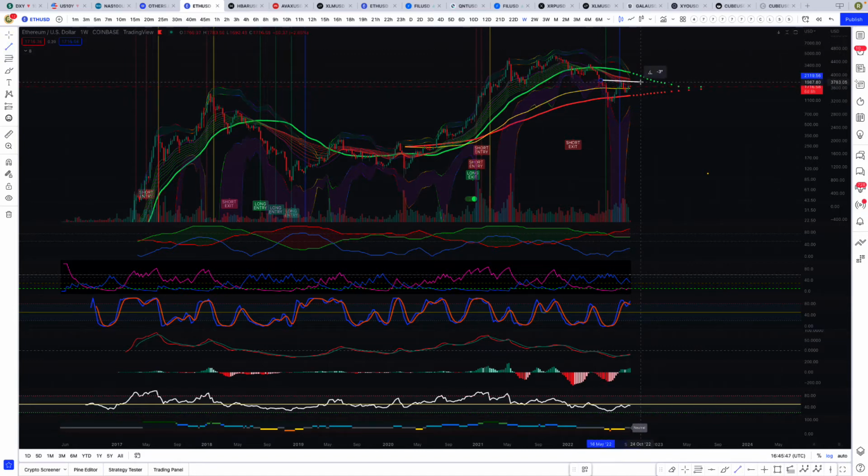We have this bottoming structure where we have first bottom, second bottom, like Adam and Eve, and then usually we pop up. That's what I'm seeing out of Ethereum. But if we get rejected by 2000, then we may revisit again for a third time to come back down. Then we go. So that's what I see for Ethereum.